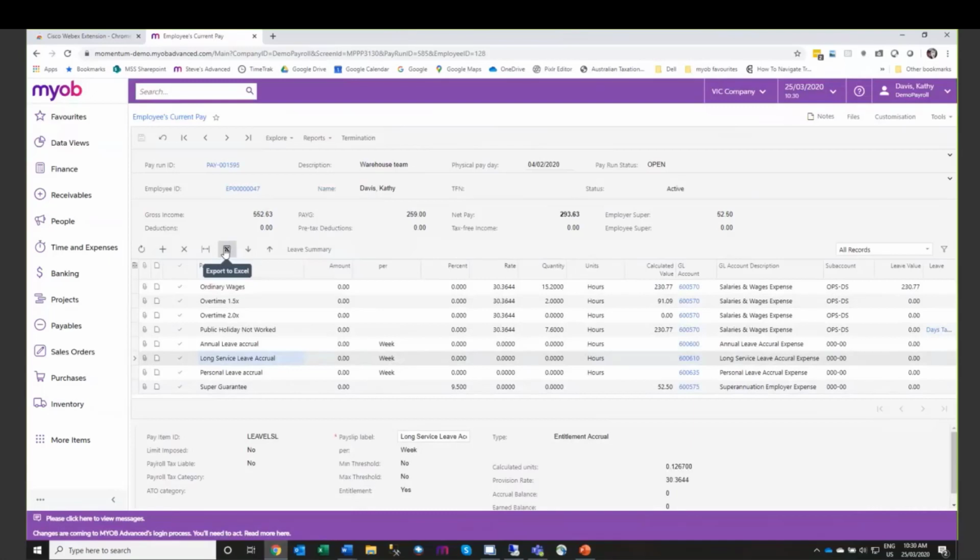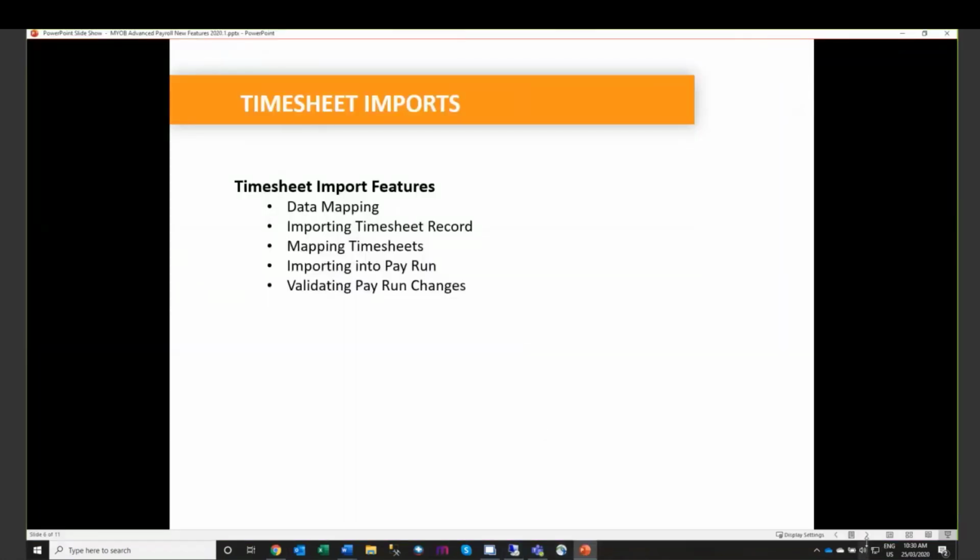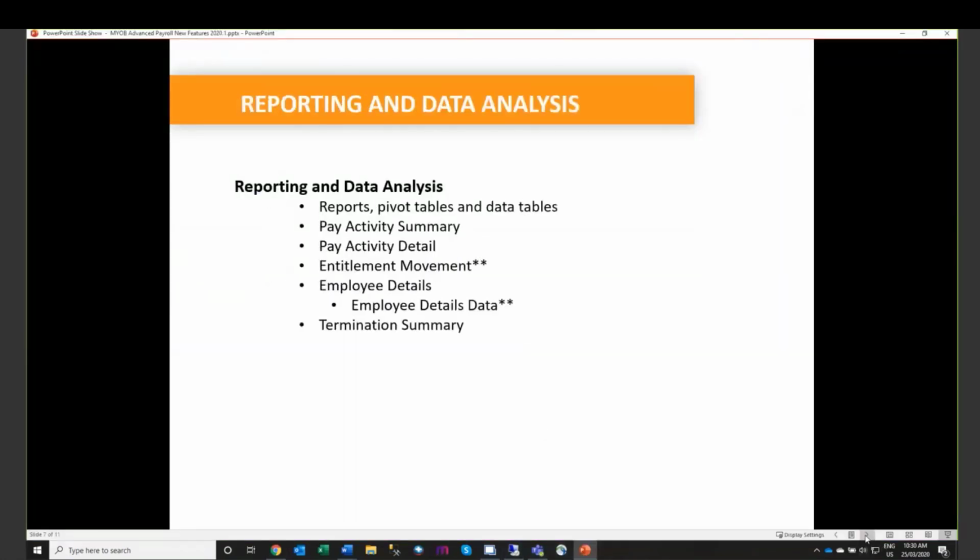So what I will do is go back to the PowerPoint and have a look at reporting. All right, our favourite area that we found has always been quite lacking. We've over time put in some of our own reports for you, but now hopefully some gaps have been filled by what MYOB has produced and provided, which includes